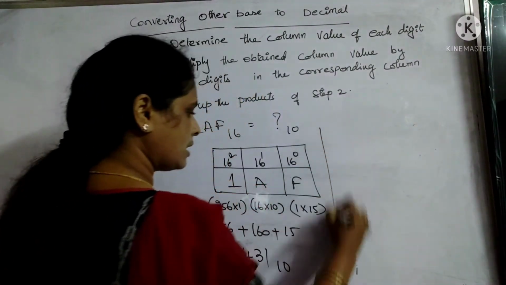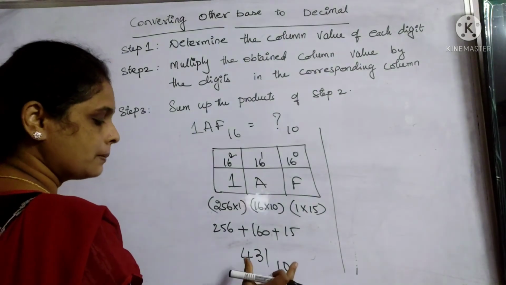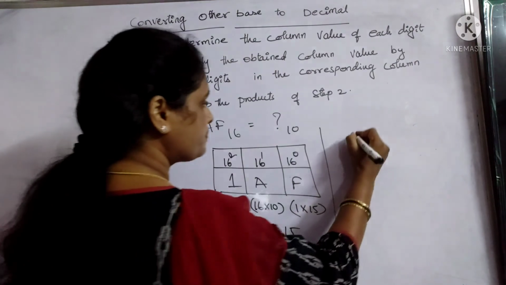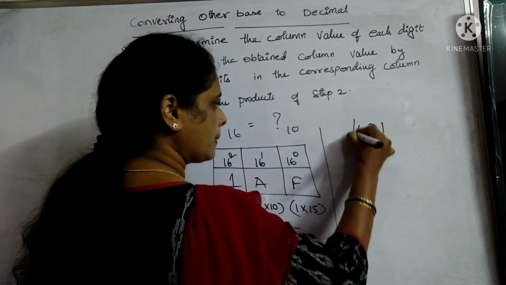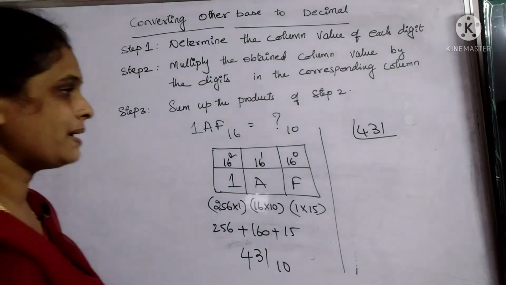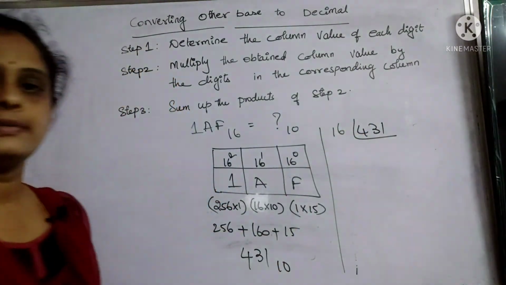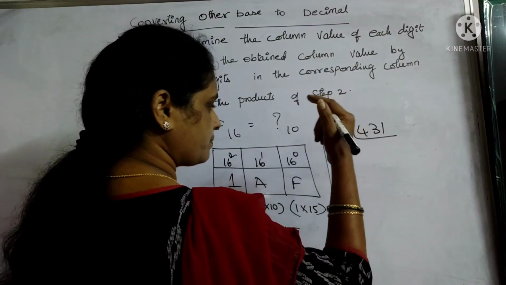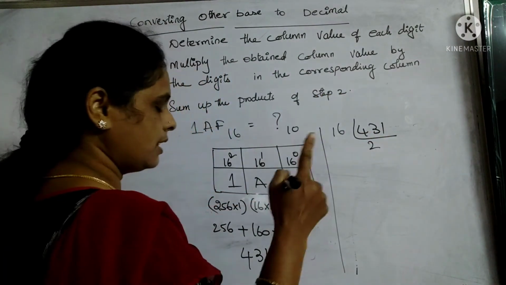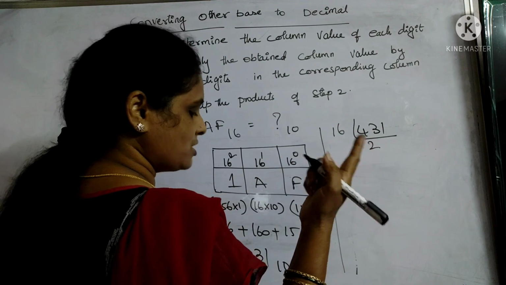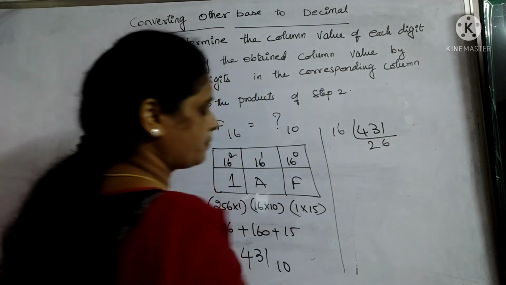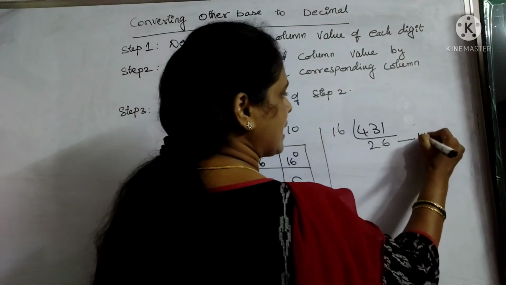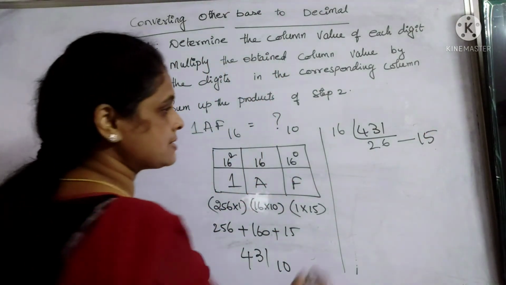Now, we will cross check this one. To cross check, again we go from base 10, the right hand side, to the left hand side. So here 431, because it is in base 16, I go with 16 here. Now here 16 2s are 32, then 16 6s are 96. Then what is the remainder I get? I get 15 as remainder.